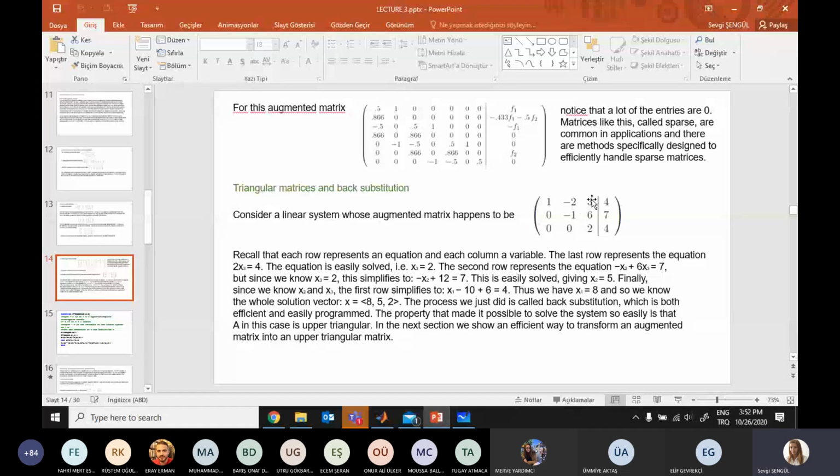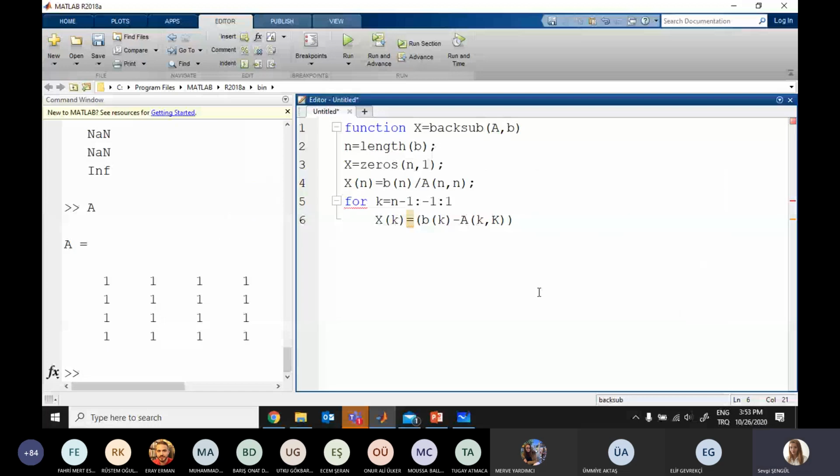And this is what I'm trying to define. So B K, whatever the K is, minus A K plus 1 till, sorry, this K is gonna be small, till n